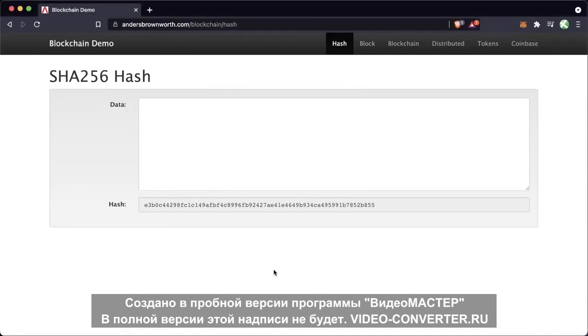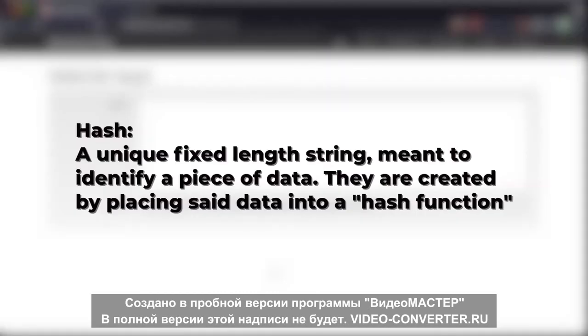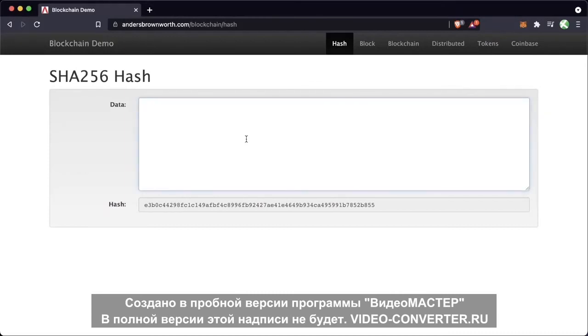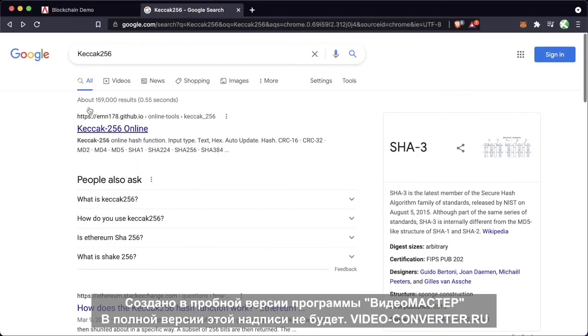Let's first understand what a hash is. A hash is a unique fixed length string meant to identify any piece of data. They are created by putting some piece of data into a hash function. In this example, the hashing algorithm used is SHA-256. Now, Ethereum actually uses this right here for its hashing algorithm, which isn't quite